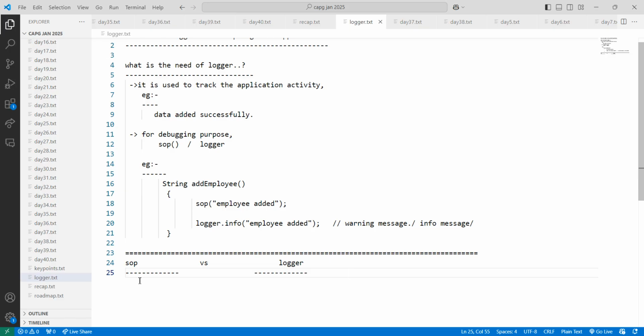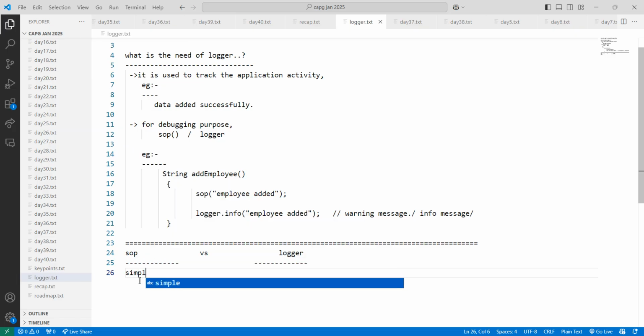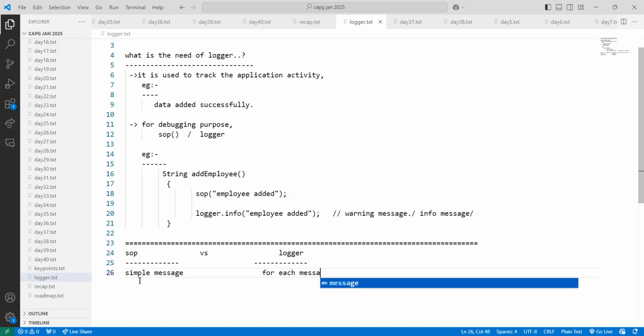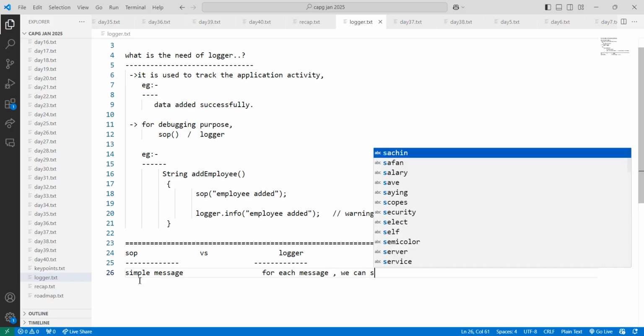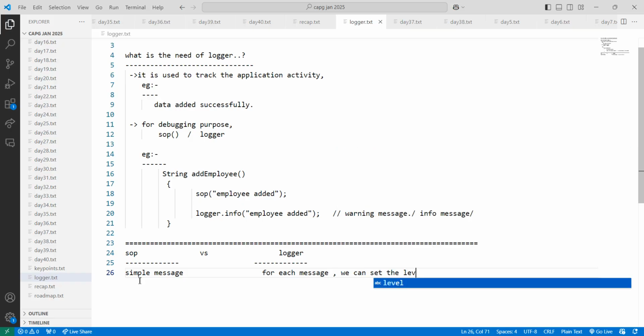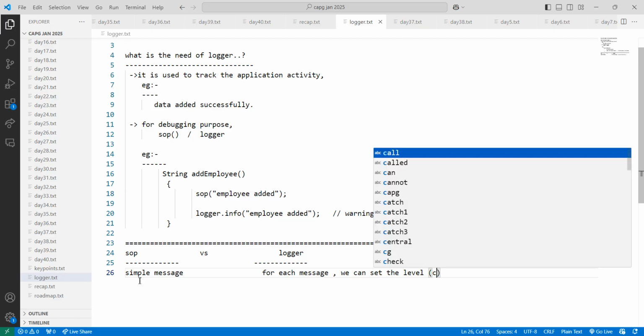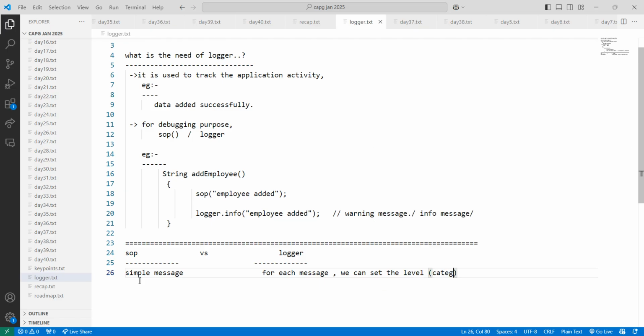So, a generic, simple message. For each message, we can set the level, what type or category of message it is. Log has levels.